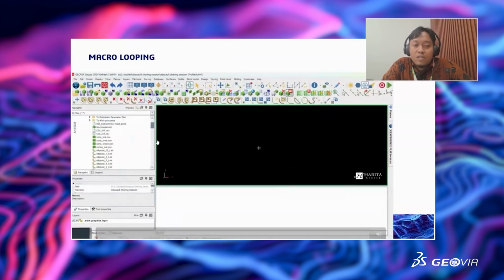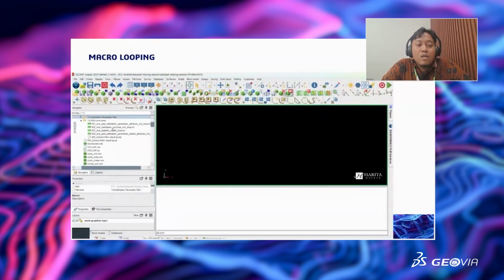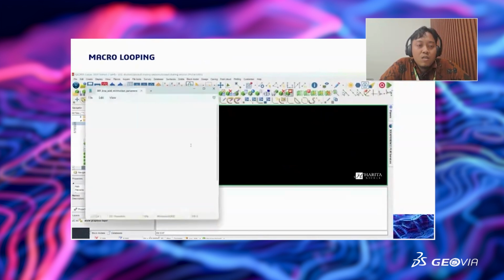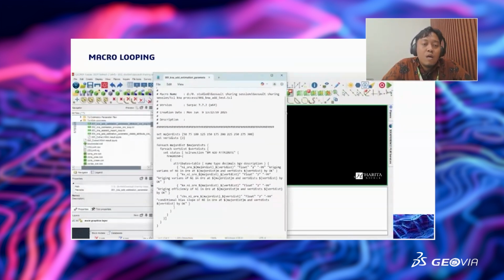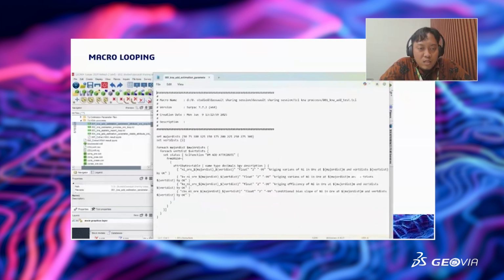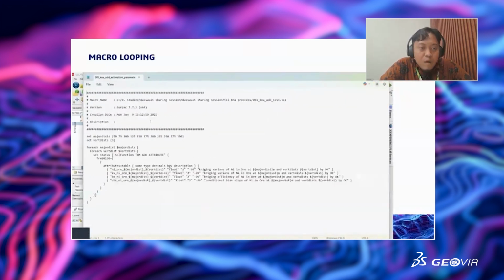So here I already created some macro looping. Instead of the 22 TCL here for the 11 parameters and 2 parameters for the design, if we do the macro looping, we just need 4 TCL, the 4 macros. Instead of creating the TCL here, we set up our parameters first.